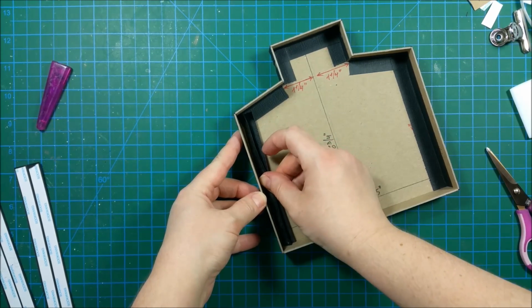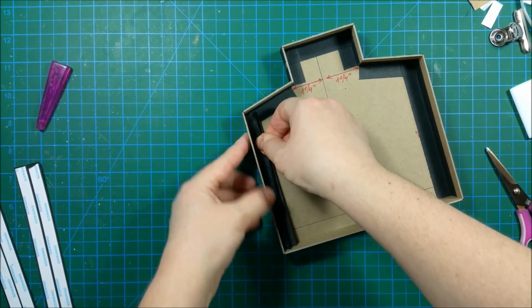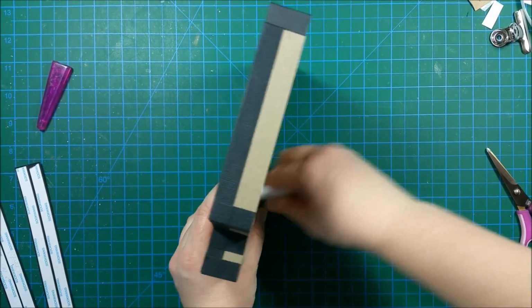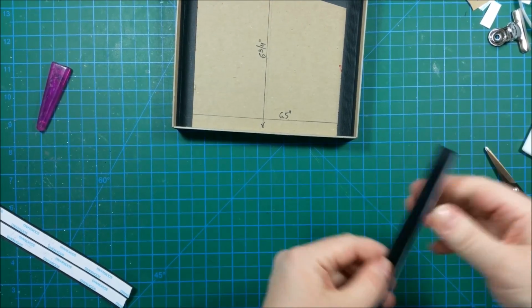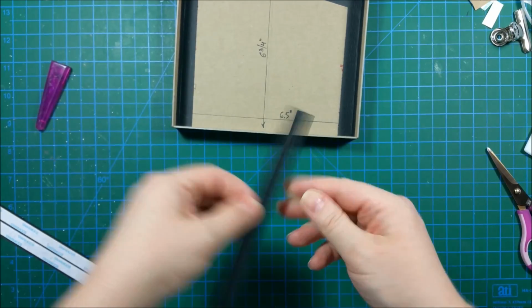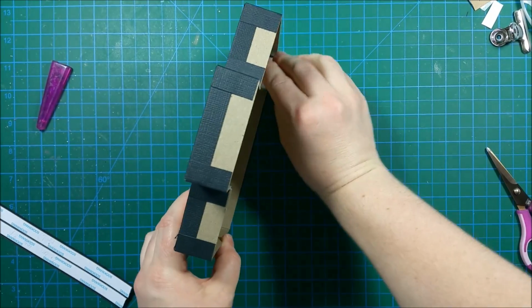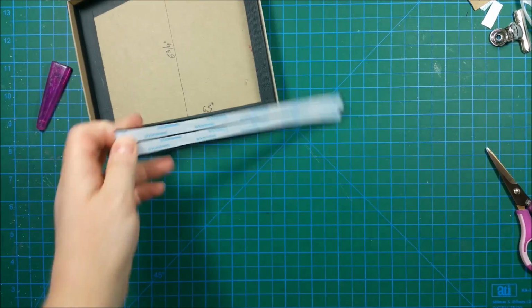Okay. Here we go. Oops. No, no, no, not yet. Okay, this way. And one more, which is 6.5 inches long by 1 inch for the bottom. Like that. And once again, we have that 8 inch by 1 inch piece that we need to cut